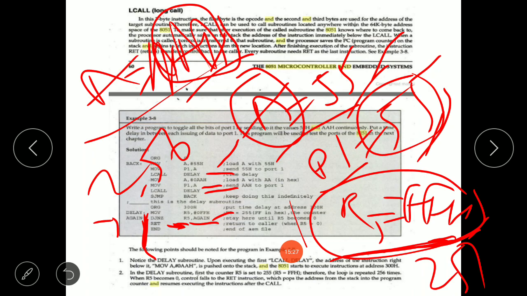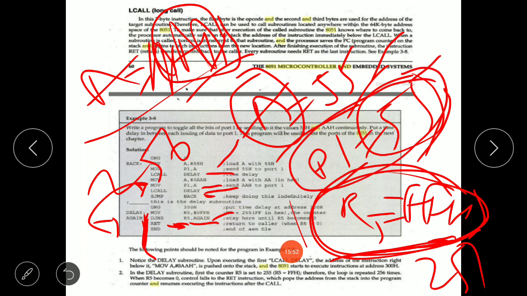DJNZ R5 comma again means we have to decrement this value of R5 till it gets 0. Once it gets 0, the subroutine will end and the program control will be transferred to the main program, and after that the next instruction is SJMP back. SJMP back means keep on doing the same thing. So in this way we are storing 55H into port 1, then we are introducing delay, that is we